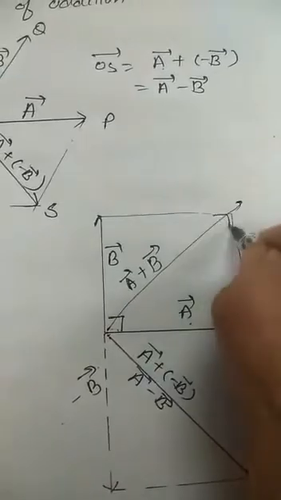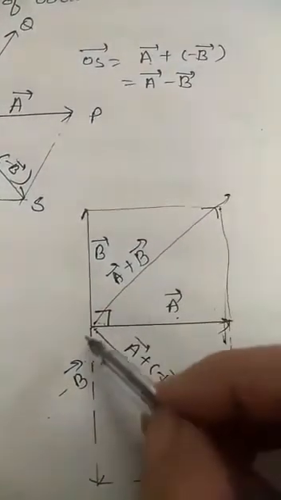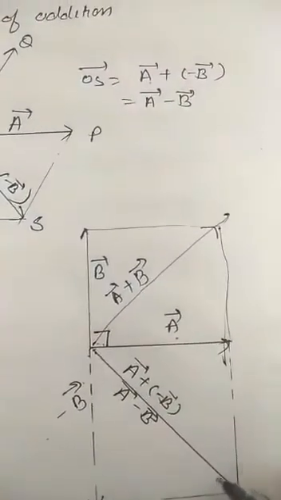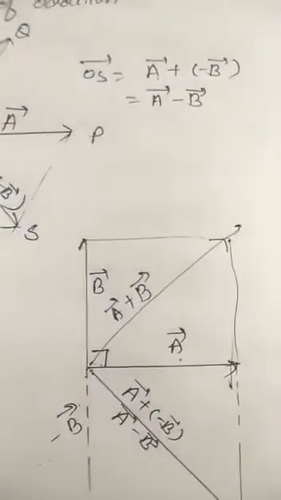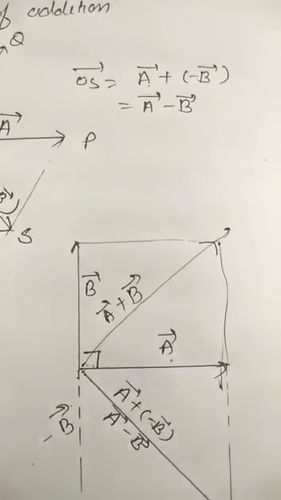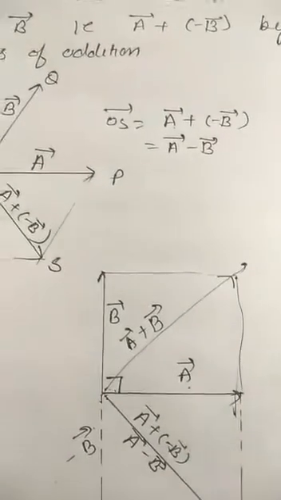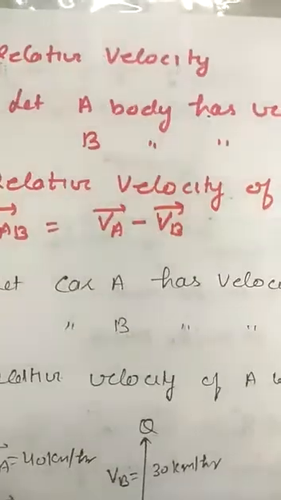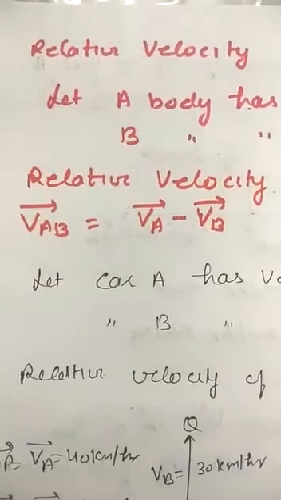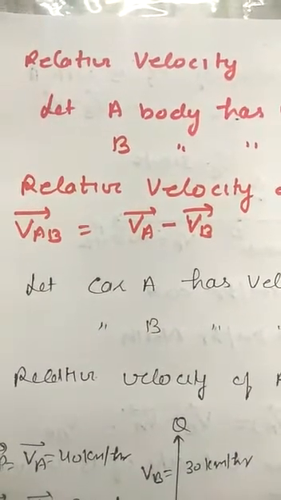This is the vector a. But here we can see the magnitude of this is equal to the magnitude of this. Means the magnitude of vector a minus vector b equals the magnitude of vector a plus vector b only when the vectors are perpendicular. So on the basis of the subtraction of vectors, we have to solve problems of